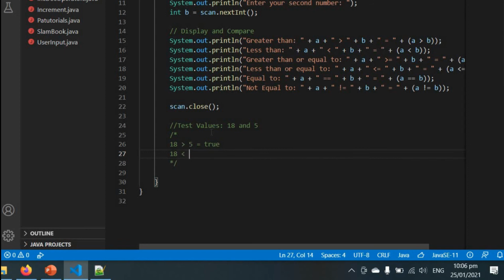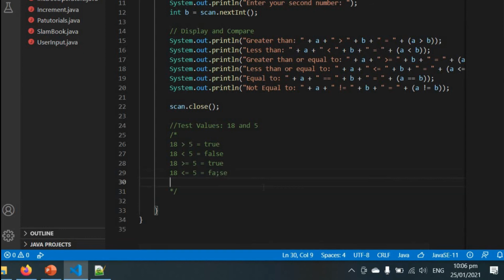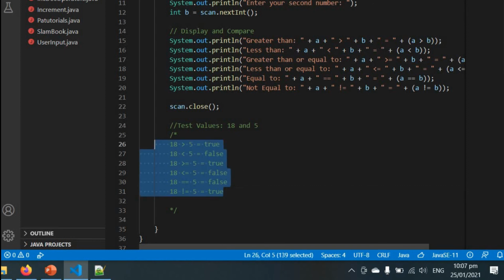Next would be 18 is less than 5, automatic, that is equal to false. And then 18 is greater than or equal to 5, automatic, that is equal to true. And then 18 is less than or equal to 5, automatic, that would be false. And then after nyan, yung ating equal sign. So, that would be 18 is equal to 5. Automatic, that is equal to false again, guys. And then, 18 is not equal to 5. Automatic, that is equal to true. So, tingnan natin kung tama ba yung ating